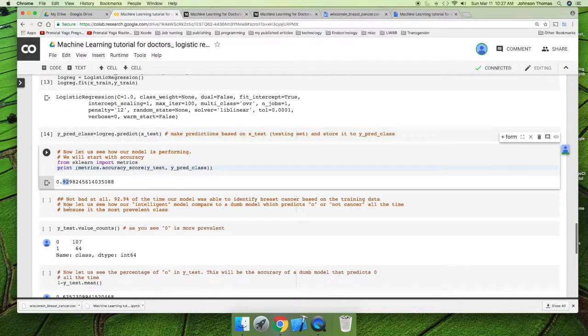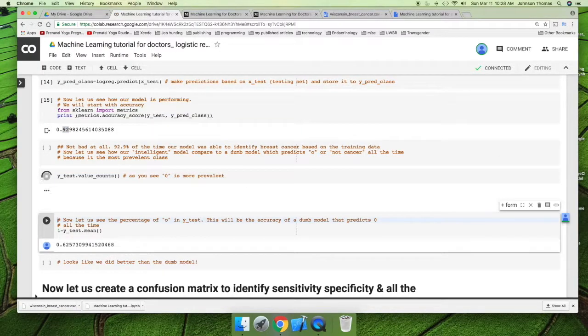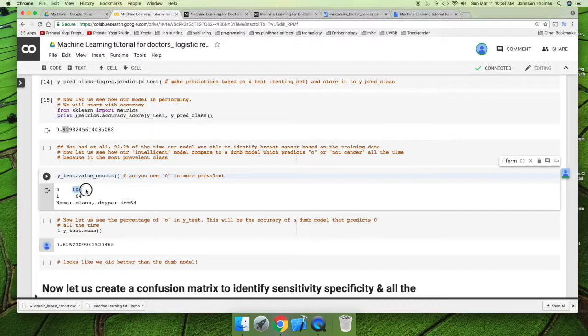Okay. Now, how can we say that our model is better than randomly guessing that all the cytology results were benign? That can be done pretty easily in this module. What we do here is try and see how many benign results there are in the test set. So there are 107 benign results in the test set,